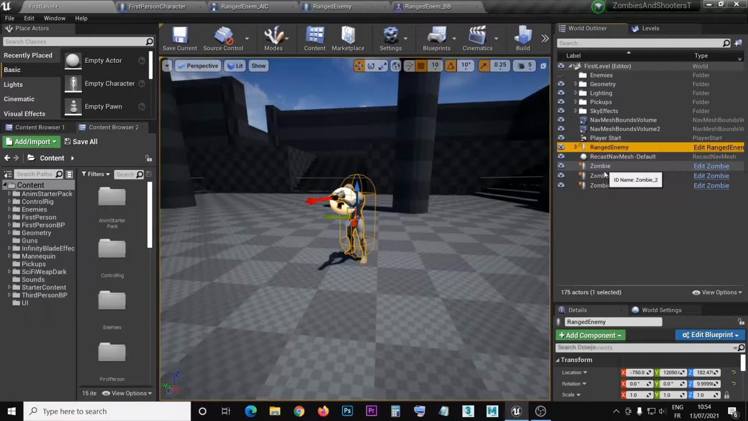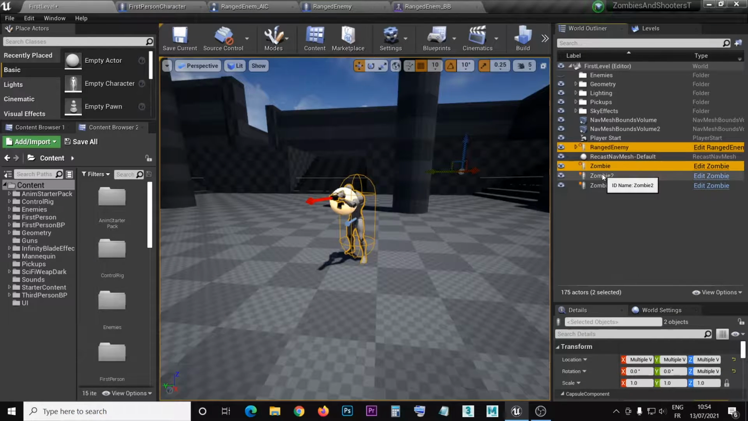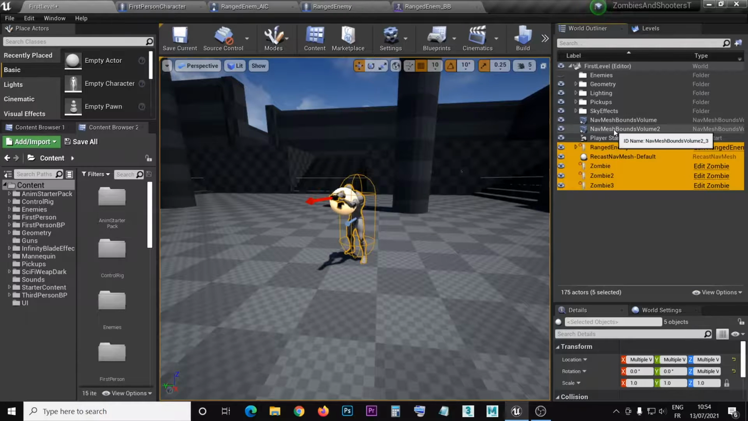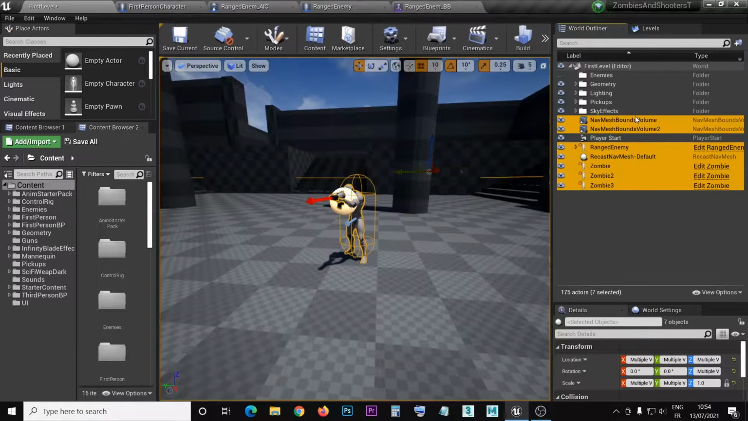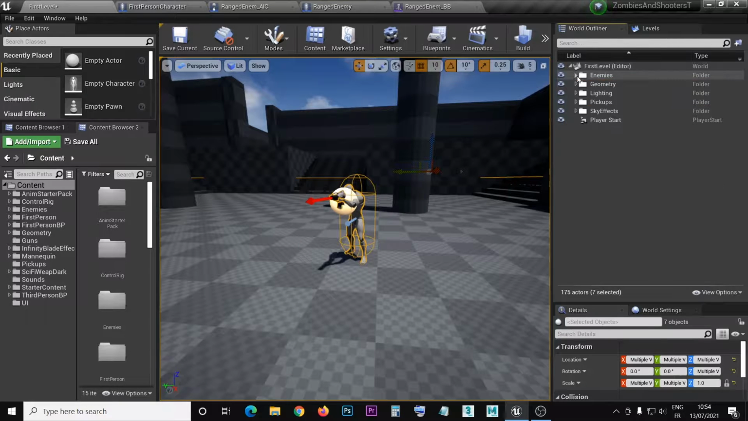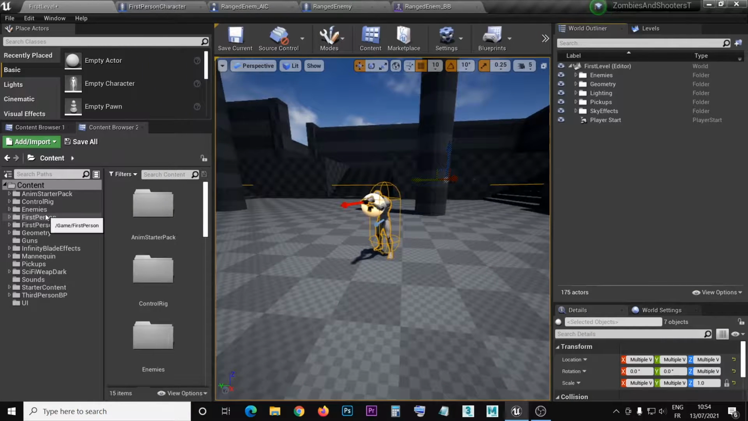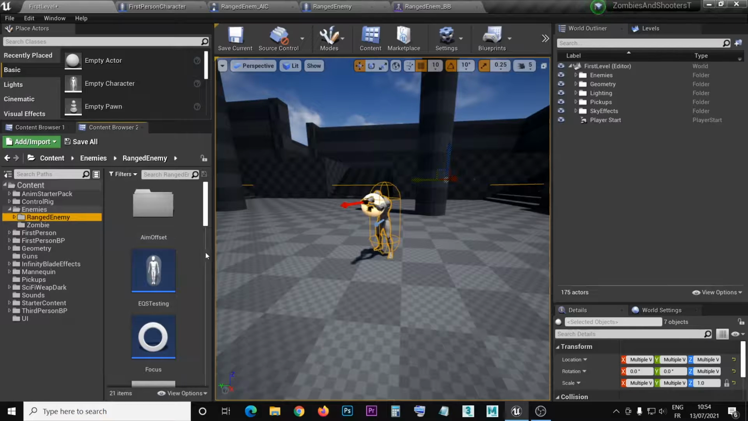That is the ranged enemy himself, the 3 zombies, the recast nav mesh, the 2 nav meshes, bounce volumes, and I'm gonna move them to the enemies folder. This way we have things organized inside our world outliner. Then I'm gonna go to the ranged enemy folder here, and I'm gonna create